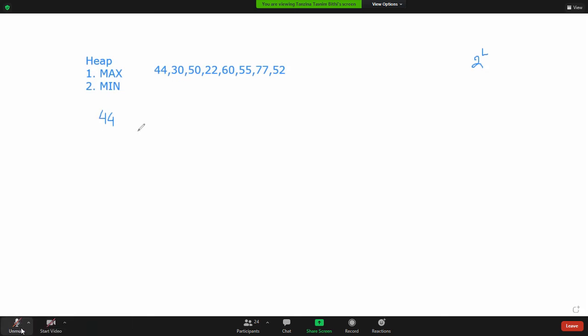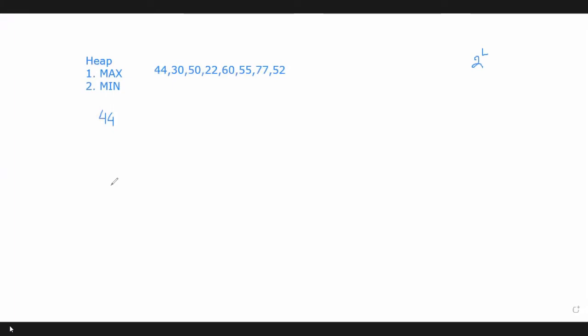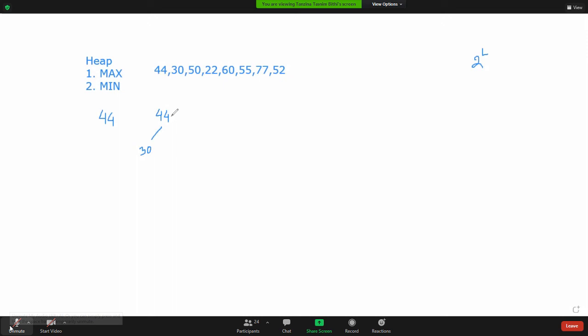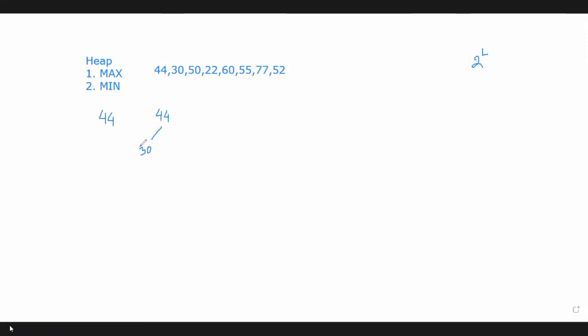Okay. So after filling up the nodes in one level, now go to the next level. In the next level, the level number is 1 and 2 to the power 1 equals 2. That means the next level can have how many nodes? 2 nodes. So this is a complete binary tree. At first take the left child, then you can take the right child. That means 30 will be assigned as the left child of 44. So is it a complete tree? Yes, because after filling up the first level, now we are adding a node in the next level, and at first we took a left child.